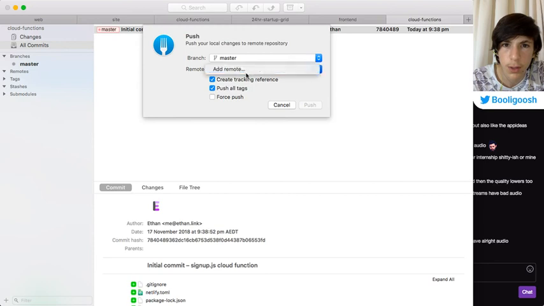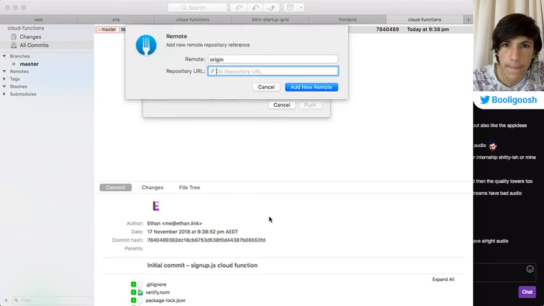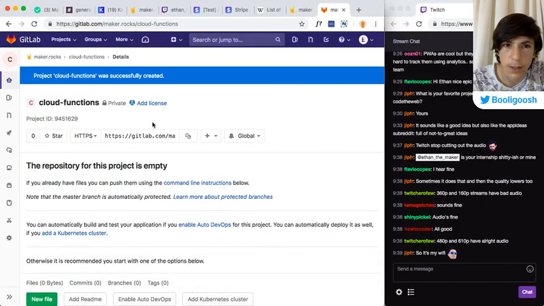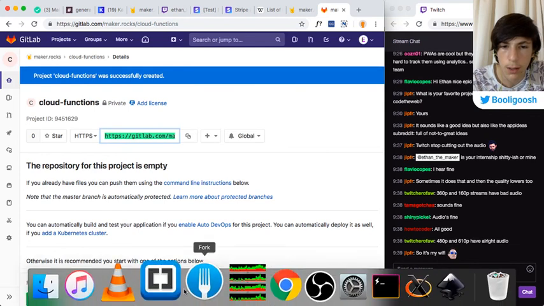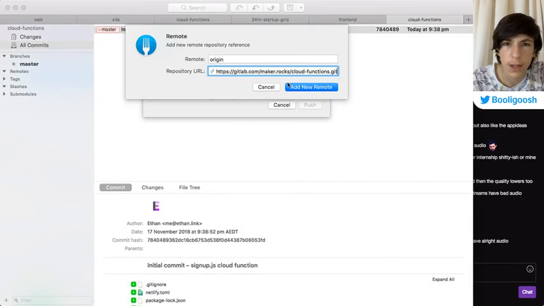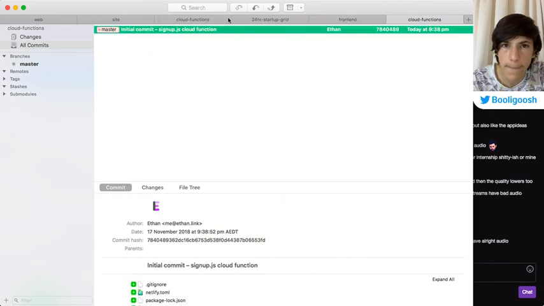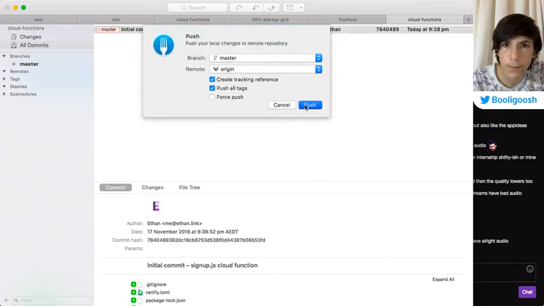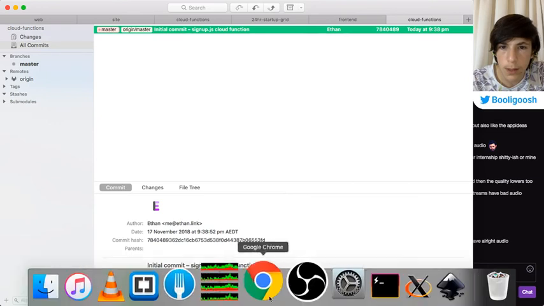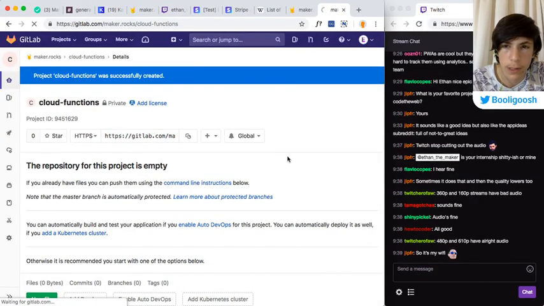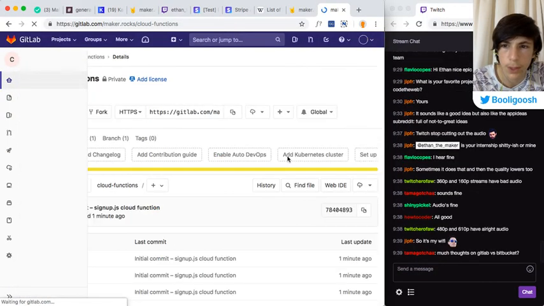Push. Nope, it didn't pick it up automatically this time, but that's okay. Maybe it was because I had a copy or something. Okay, cool. So now when I reload, it should all show up.